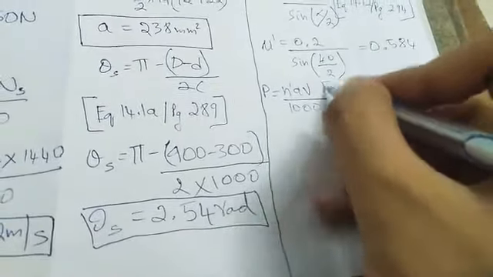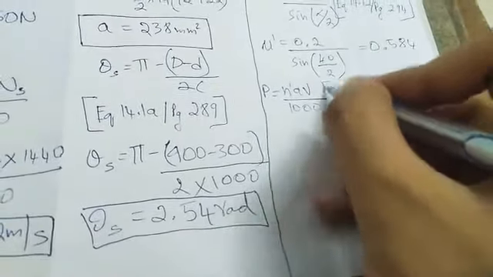So here we will have some doubt. Here they have given e power mu 1 theta. They have given the value as mu 1 and theta. In the question we have found out the theta for the smaller angle. So there is theta for the larger angle also. If we look at the data book, we will have the angle for the larger pulley also. Theta L is equal to pi plus d minus d by c.